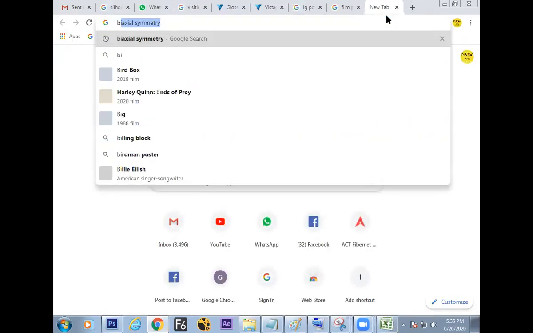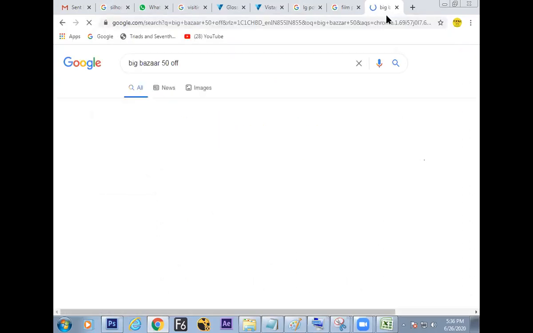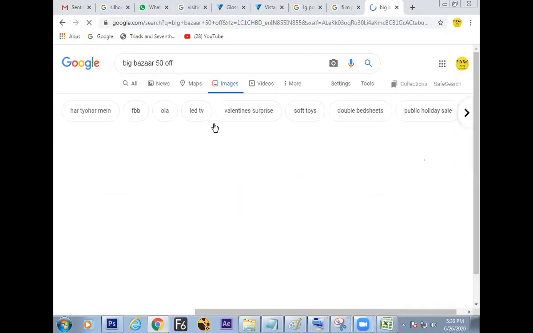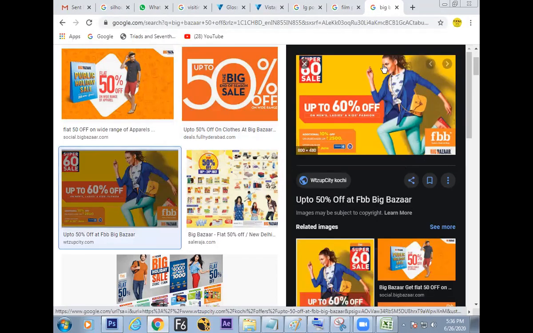Big Bazaar. 50% off. Now check the screen, how cleverly the designer has planned it. What he has done? Size as a factor. 50% off. Size factor. Now here on the screen, he is creating the position, he is giving this much space for the 60% off. Though it is dominated, still he is giving more position to this off.